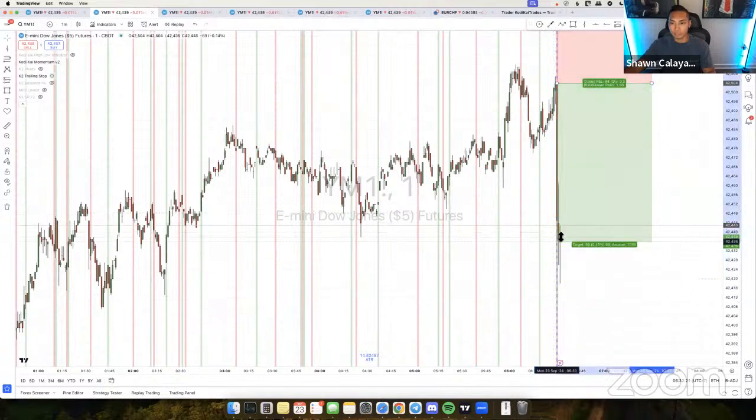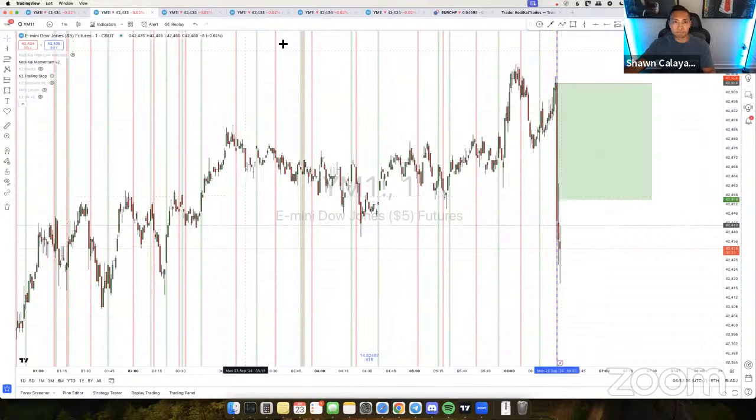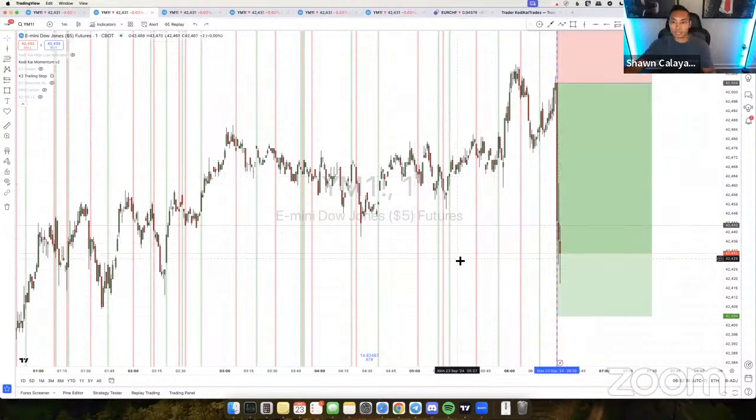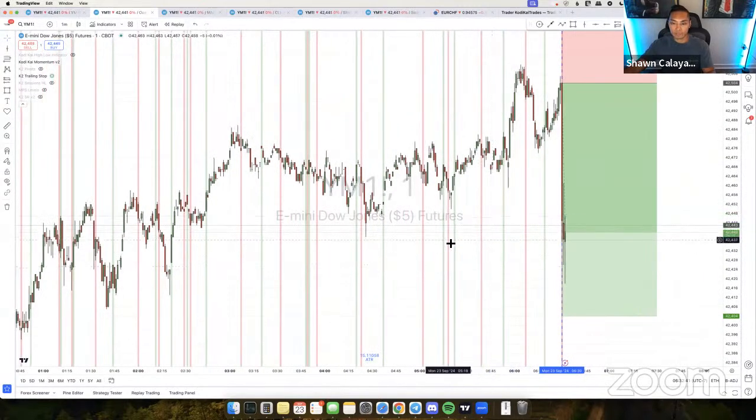So when price came down over here to the 50, my stop loss got moved in profit. And then when it pulled back right there, it closed me out. But I was trying to go for the full 100 here. It's probably gonna hit the full 100. So it's just up to your guys' preference. But I'm out of the position right now, unfortunately.